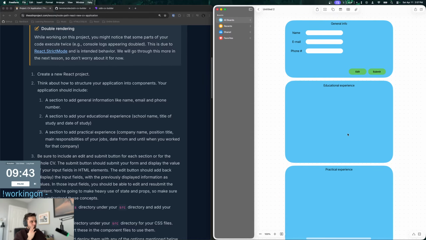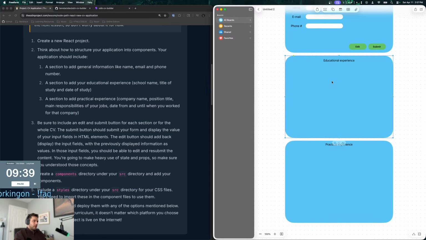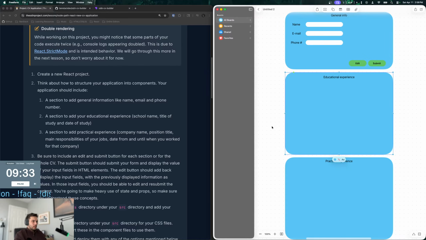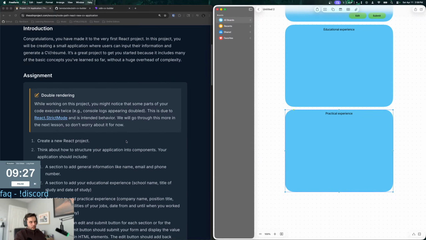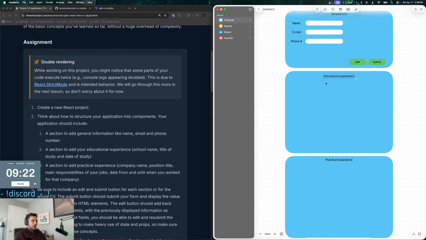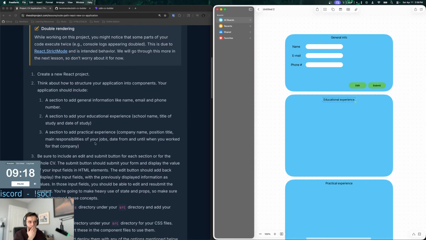So I don't know if we do like a card within a card or if we do multiple educational experience subsections, if that makes any sense. So if you have more than one school that you've been to, you just add another entire educational experience block, because you would want to probably edit it per school, right? So I'm thinking that's what I'll do.